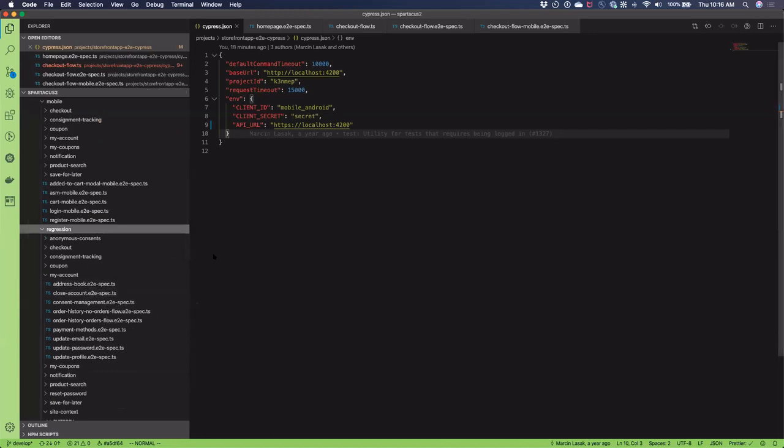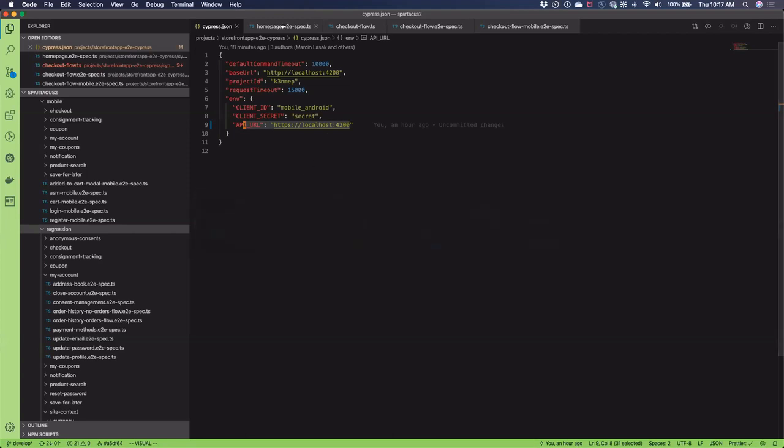The functionality of Cypress is pretty simple. You have a configuration file, which is what I'm showing here, and then you specify the URL of the app that is going to be tested, the URL of the API that is going to be tested, and then some other settings that you can have. But it's all JSON. For this demo, I'm using my local only to avoid VPN issues, latency issues, and other kinds of issues.